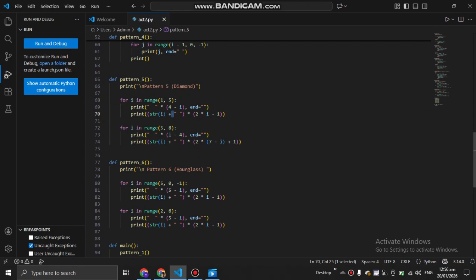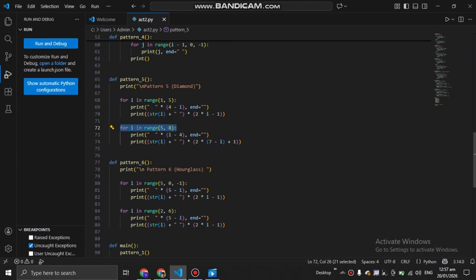So for the bottom part of the diamond, for I in range 5 to 8. In this line of code is to present the bottom part of the diamond, like 5 to 7.